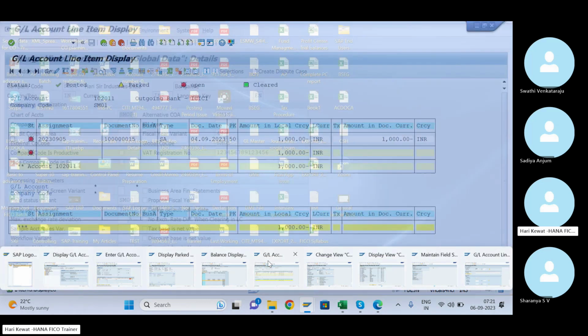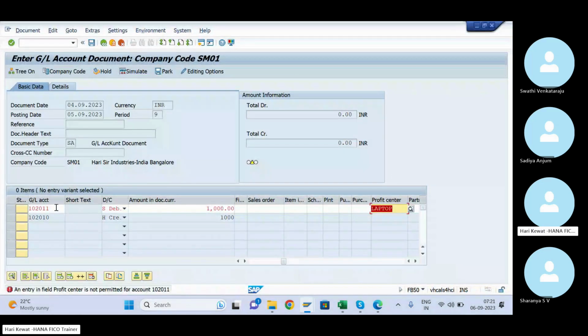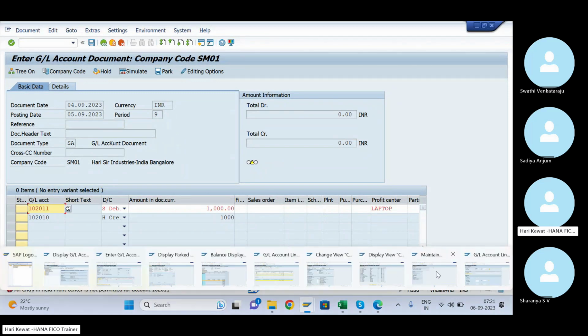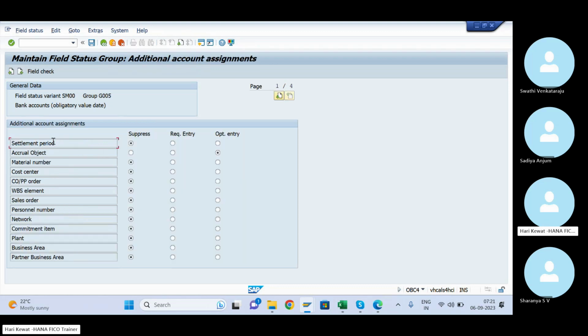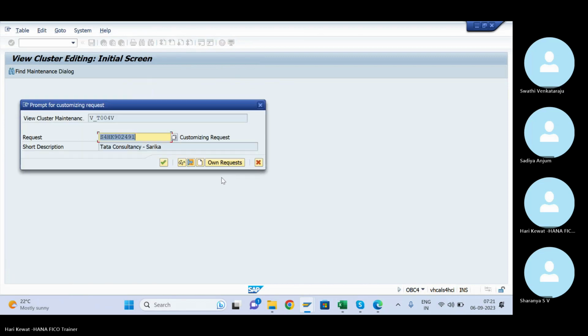Let me check. So G005, just now we have checked it. G005 profit center, maybe suppress or something it has done. Check here, where is the profit center? So it is suppress, make it optional.